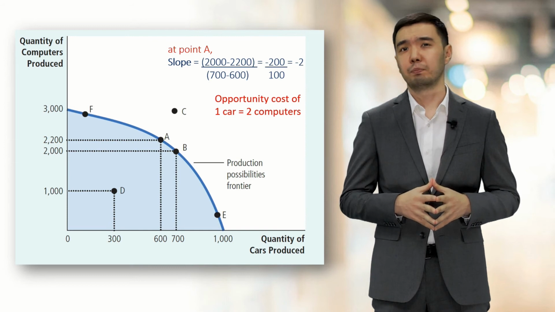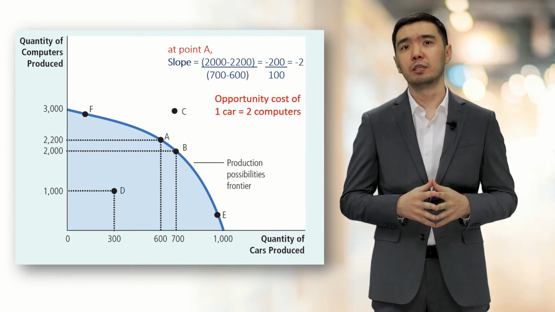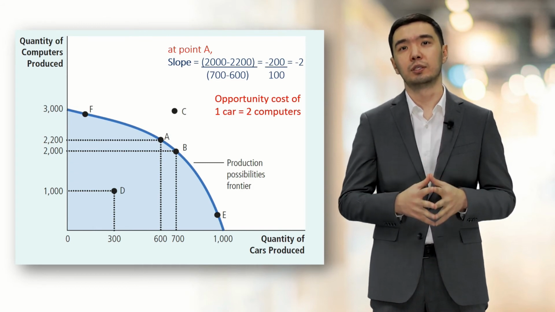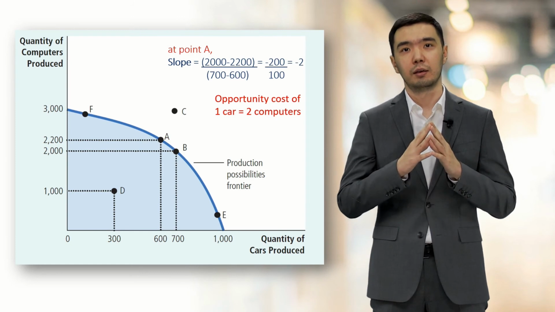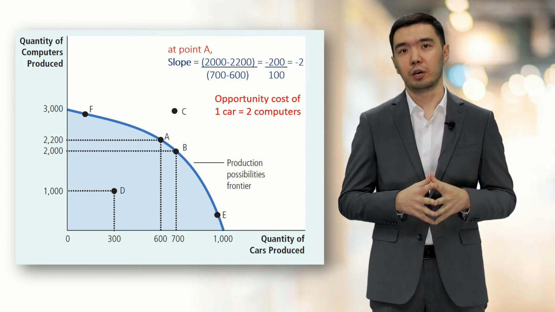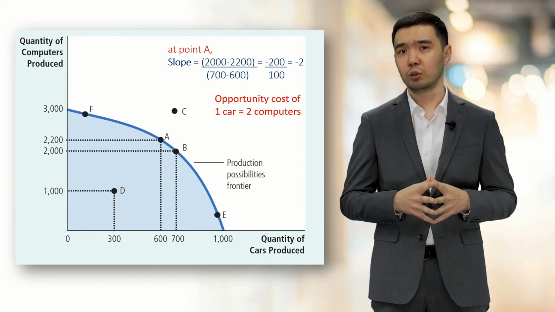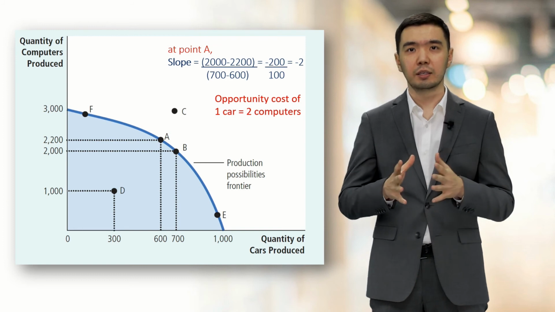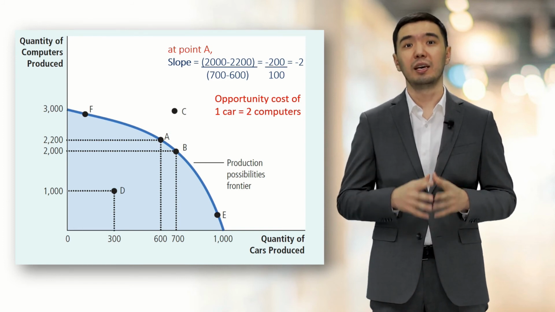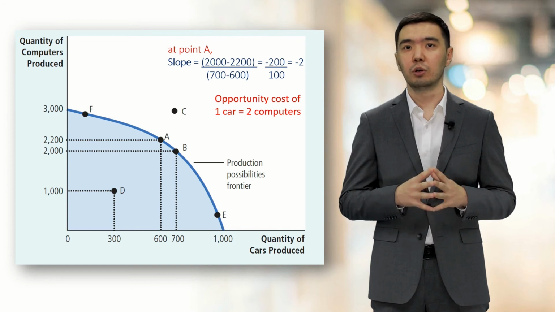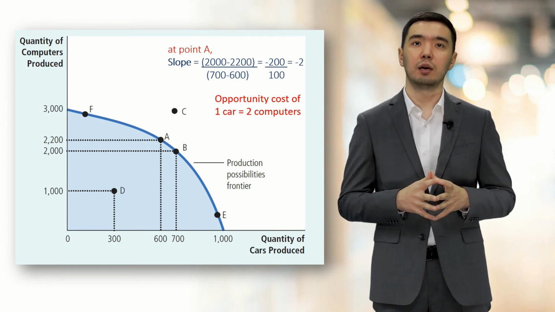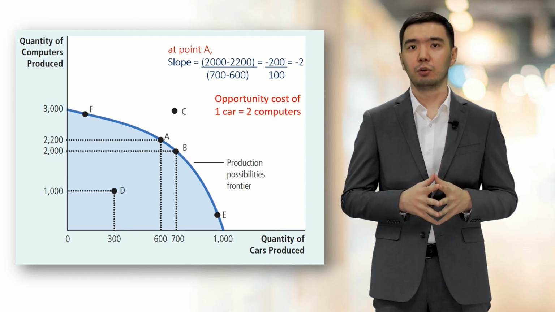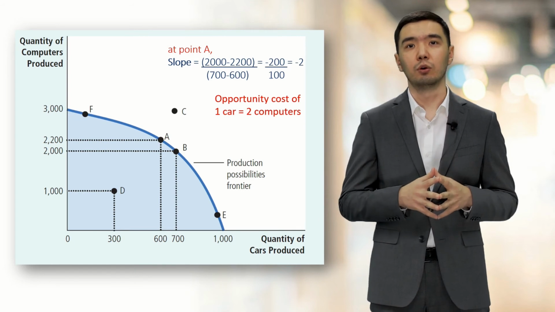Economists believe that the PPF often has this bowed-out shape. When the economy is using most of its resources to make computers, the resources best suited to car production, such as skilled auto workers, are being used in the computer industry. Because these workers probably aren't very good at making computers, increasing car production by 1 unit will cause only a slight reduction in the number of computers. That's why at point F, the opportunity cost of a car in terms of computers is small,